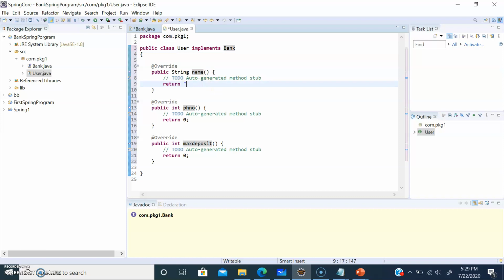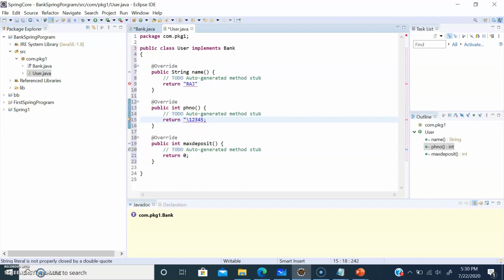So I can say the name is Raj, and the phone number is an int, right? So let me give 1 2 3 4 5. And the maximum deposit is also an int, right? Semicolon. Let me say the maximum deposit is 500.